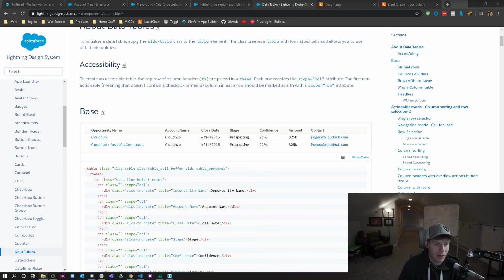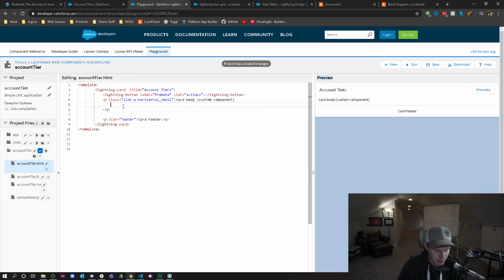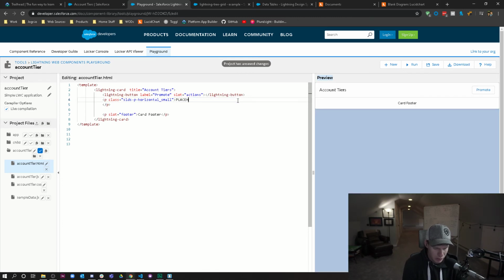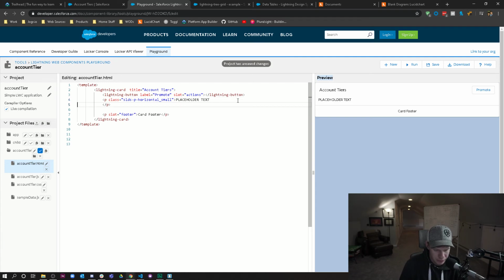So now that I have some information as to what the data table code is supposed to look like, I can start to play around in my playground. I'm going to leave this. I'm going to change where it says placeholder text and delete that, and get that on the same page. And now I have